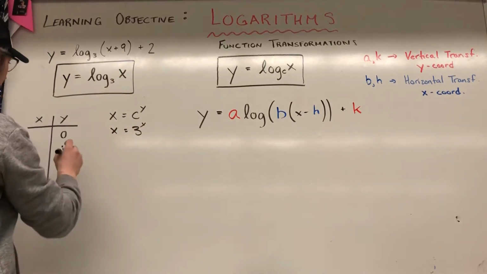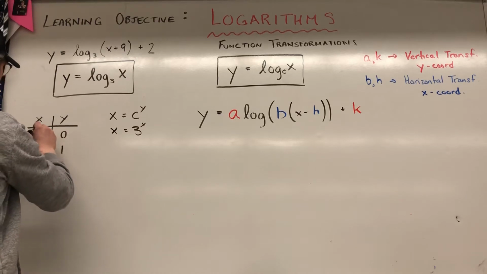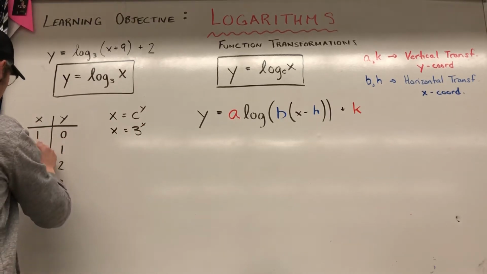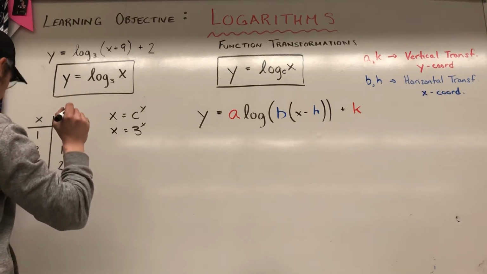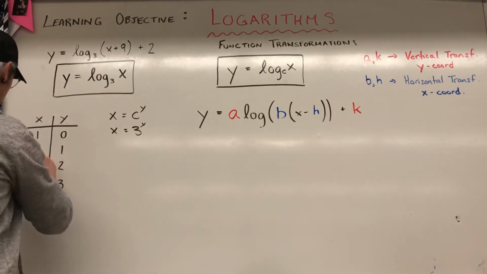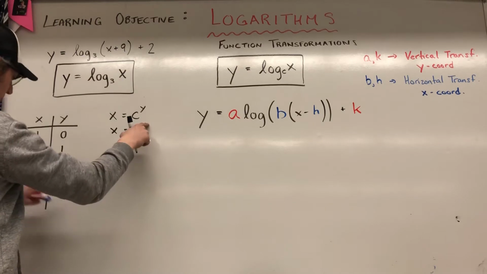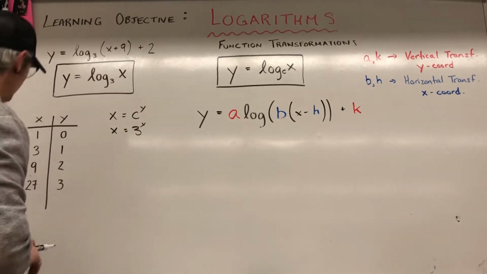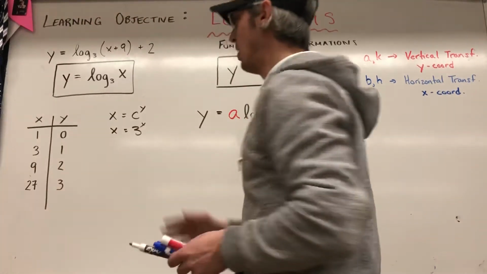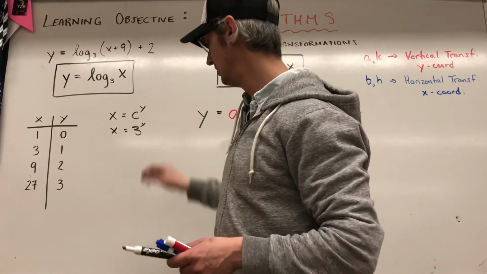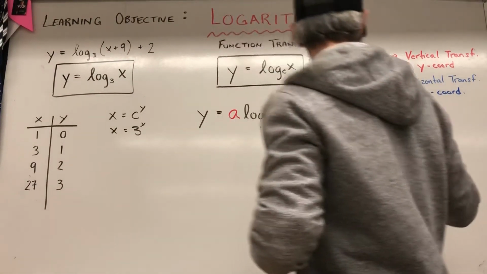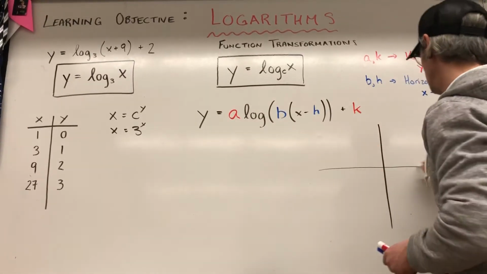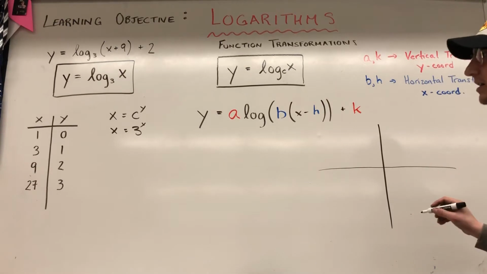is 3. So what's 3 to the power of 0? Anything to the power of 0 is 1. What's 3 to the 1? 3. What is 3 squared? 9. What is 3 cubed? 27. Okay, there's my original function, which I can draw a graph for, and it would look something like at